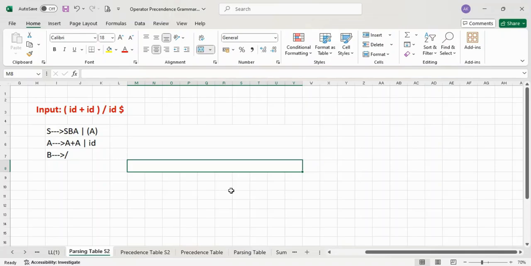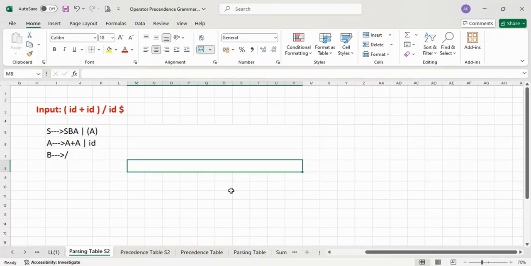In this video, we will take one more example on operator precedence parser so that the concept will be more clear. And also, I will be starting with one of the top-down parser, that is LL1 parser. LL1 parser is very important from examination point of view. You will see one numerical at least asked on LL1 parser in your paper, so the concept is very important.